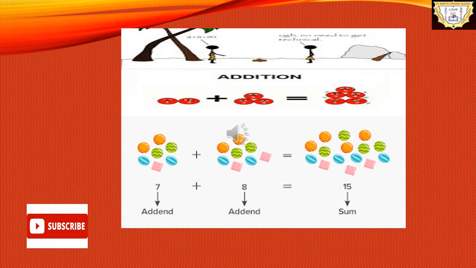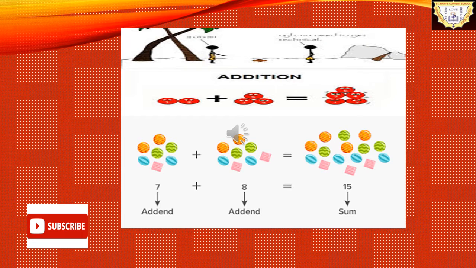Let's take another example of addition. In here we have first example, 2 smileys are given and we are adding 3 smileys to it. So here 2 smileys and 3 smileys, they are the addends, and after adding these two we are getting 5 smileys. So 5 smileys is the sum of these two addends. Let's look at another example. In the next example we are having 7 items and we have 8. We are adding these two, 7 plus 8. 7 is an addend, 8 is also an addend, and we are getting a sum of 15. 15 is the sum of adding these two numbers.